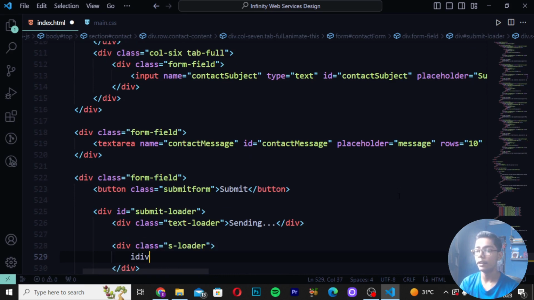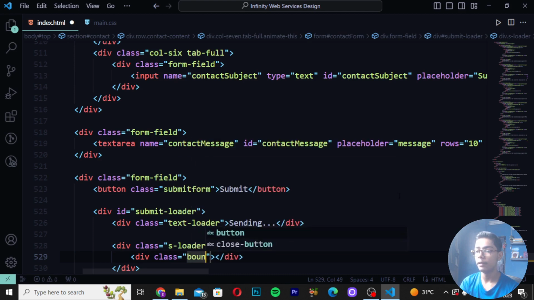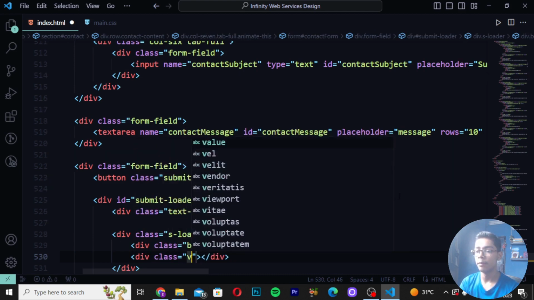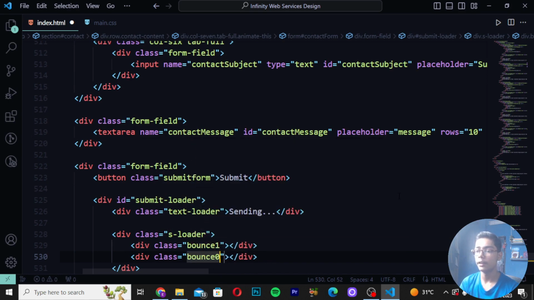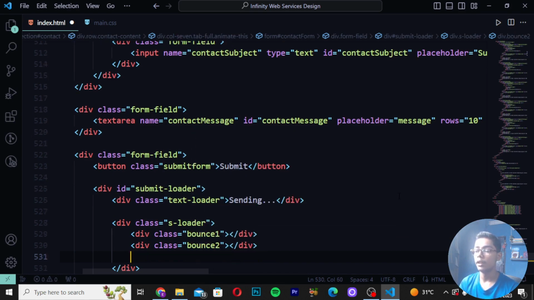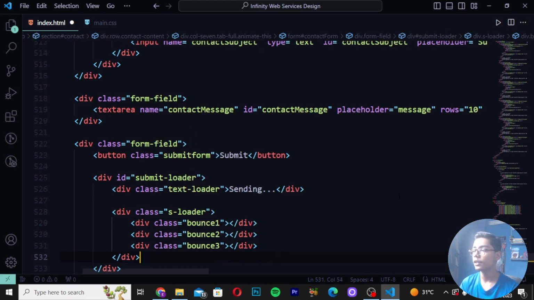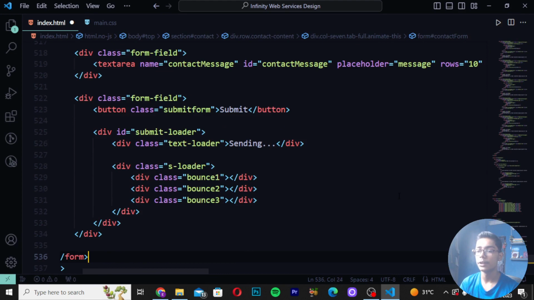Then here I will be writing div class, and I will be now just writing it as bounce 1. So here I will be writing bounce 1. Then write here div class as bounce 2. So here I will be writing this bounce 2. Then here you have to move down and create here div class as bounce 3. Now when you've just written this, you have to move after the 3 div, give a space, move after the